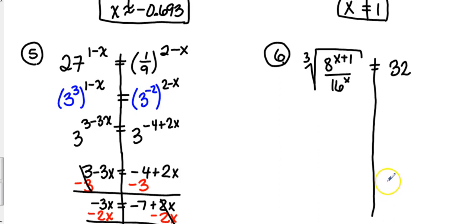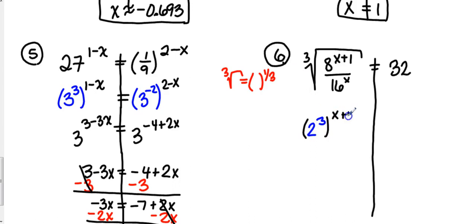Well, as soon as I see third root, my first thought is maybe write it to the 1/3. What I mean by that is remember that third root equals whatever's there to the 1/3. At the same time, I also see 8 to a power and 16 to a power. Our go-to strategy if possible is still the same. Can we write 8 and 16 with a smaller base? 8 and 16, from our prior knowledge, are both connected to 2 to a power. So 8 we can rewrite as 2 to the 3rd